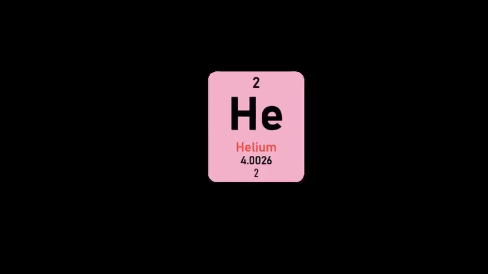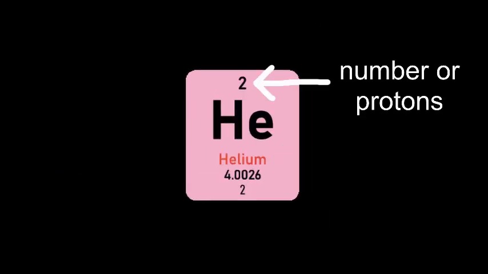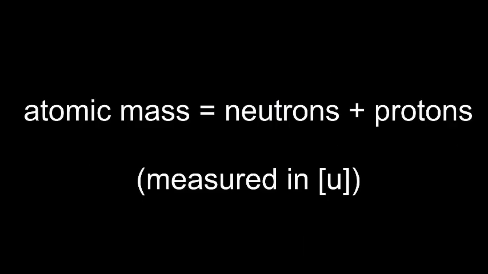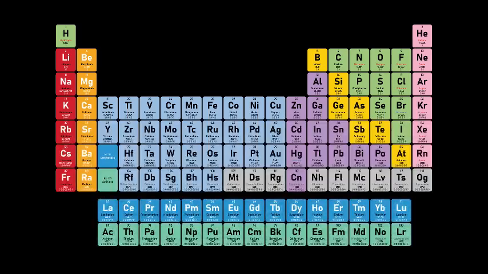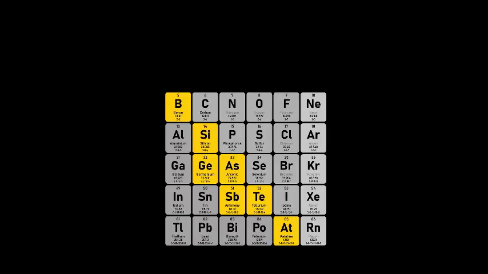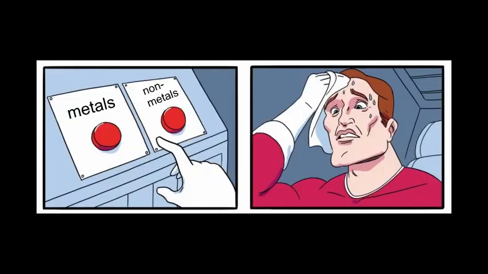The periodic table is also pretty much a dictionary, as every cell tells you the name and symbol of an element, the number of protons in the core, which is also the total number of electrons, and the atomic mass, which is the mass of neutrons and protons combined. The periodic table is roughly divided into 3 categories. Left of this line are the metals, right of it are the non-metals, which are mostly gases, and the line is called the semi-metals, which have properties that fall somewhere in between.